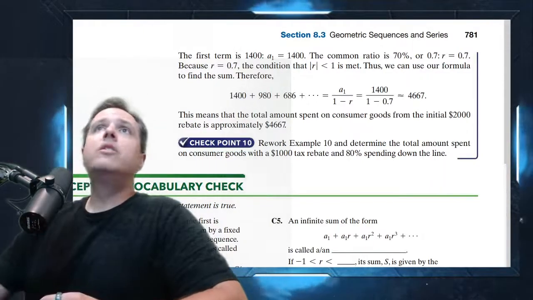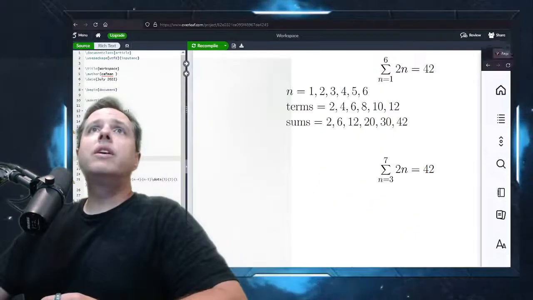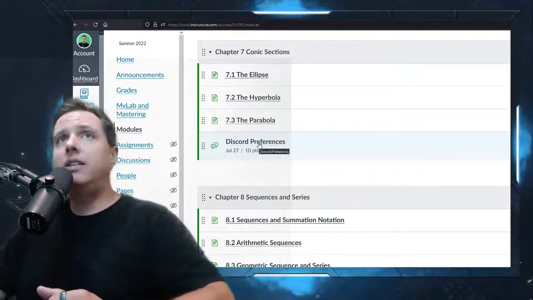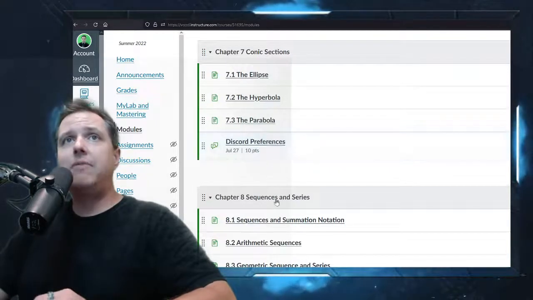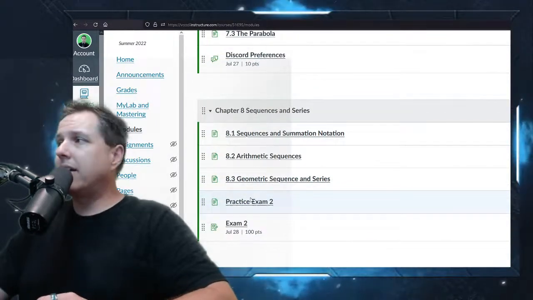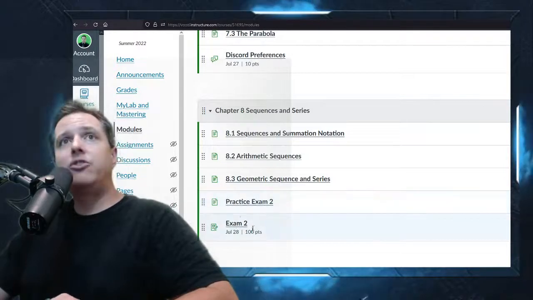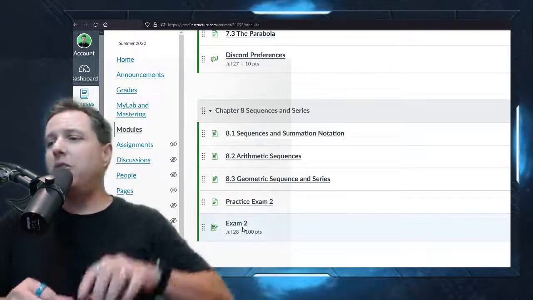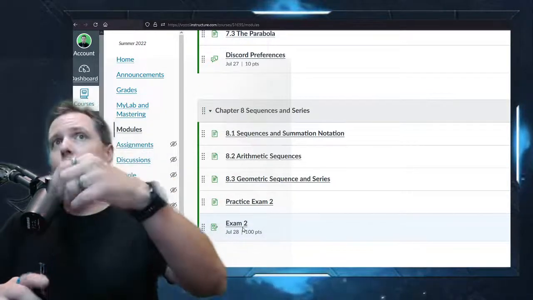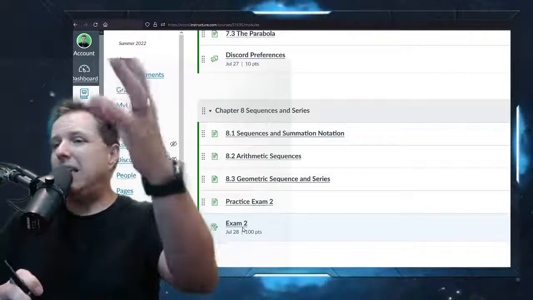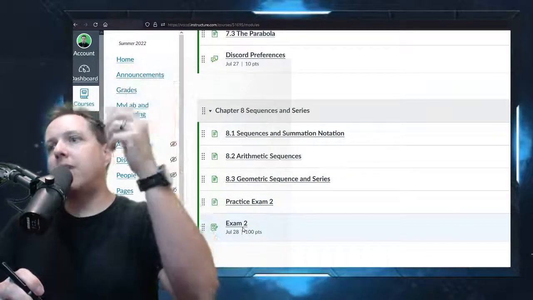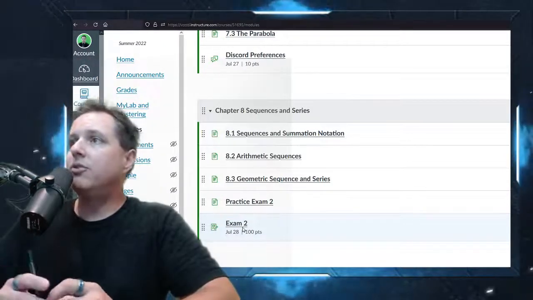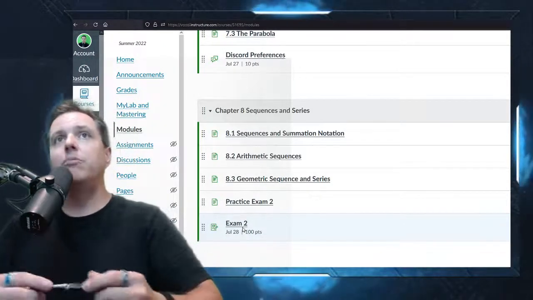So just as a reminder, a couple things. There's the last discussion, easy 10 points. Please make sure you don't forget to do that. Check out the practice test, see what you think of it, and then make sure that you can take that exam and that you're all set up for that and that you're all ready to go, and that you could either submit pictures of your work or a PDF scan of your work or something. But I have to go through and verify that, yes, this person actually did the work. They weren't just using some cheat to get the answers to their problems or something.